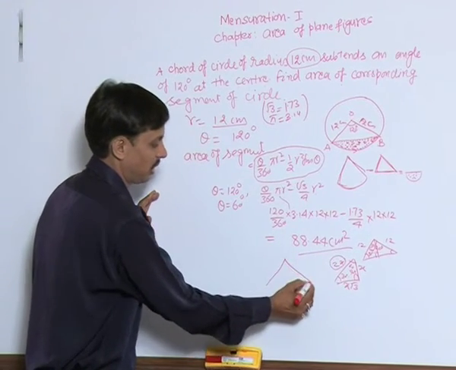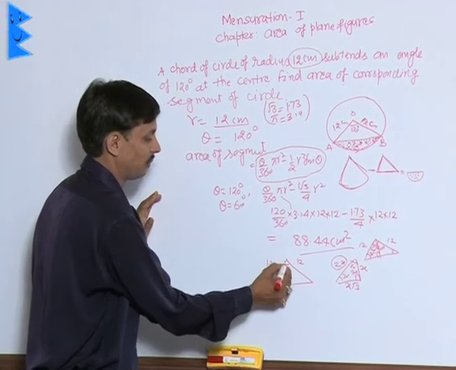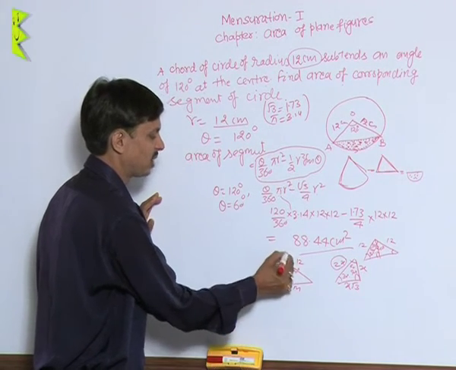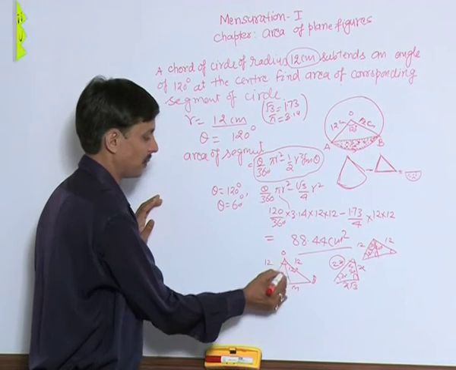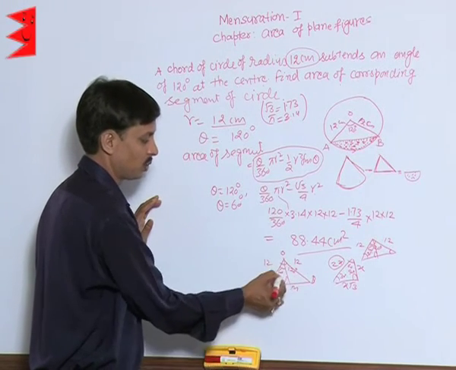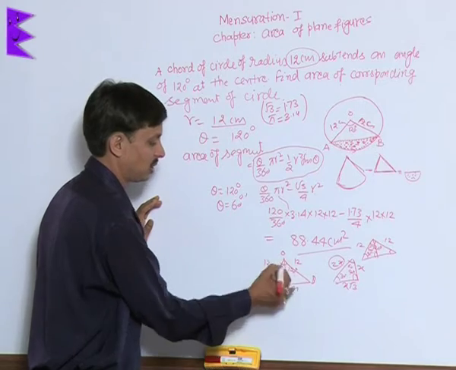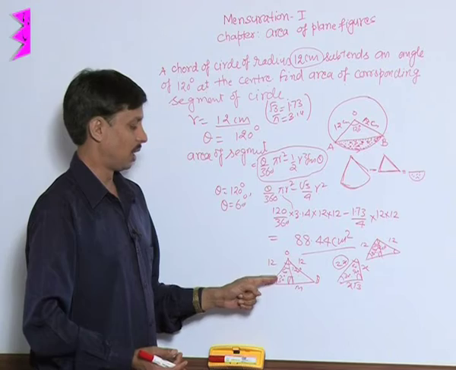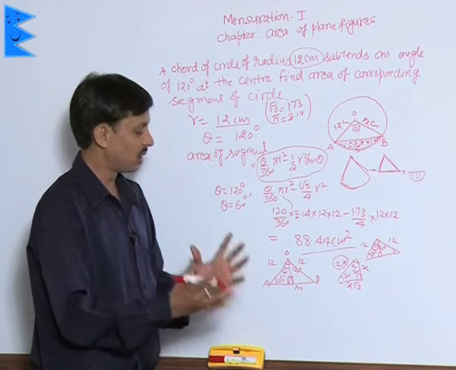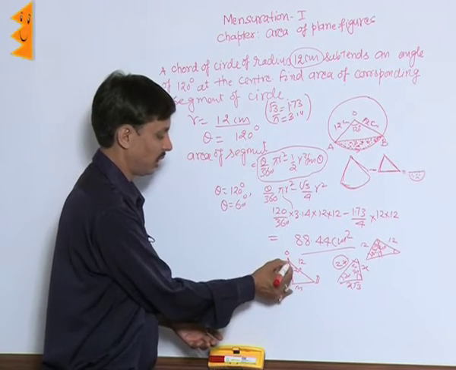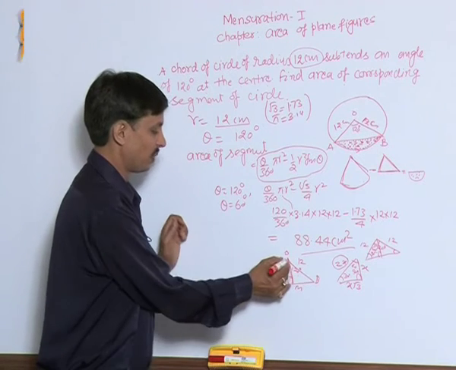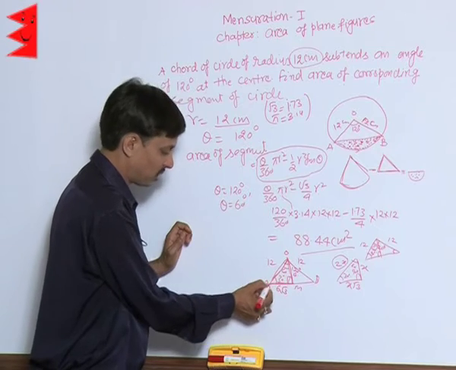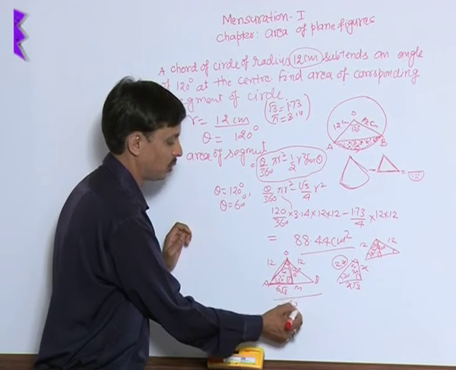Here the triangle is: this side is 12, this side is 12, this angle is 120 degrees. I have drawn a perpendicular. I can say this is OM, this is A, this is B. So this angle is 60 because these two triangles are congruent. We have drawn a perpendicular, this is 90, and this angle is 30 by the angle sum property. So we can apply here the triplet of 30, 60, 90, in which the side opposite to 30 degrees is always half of the hypotenuse. So if it is 12, then it is 6. If it is 6, the other will be 6 root 3. If it is 6 root 3, then double of this is 12 root 3.